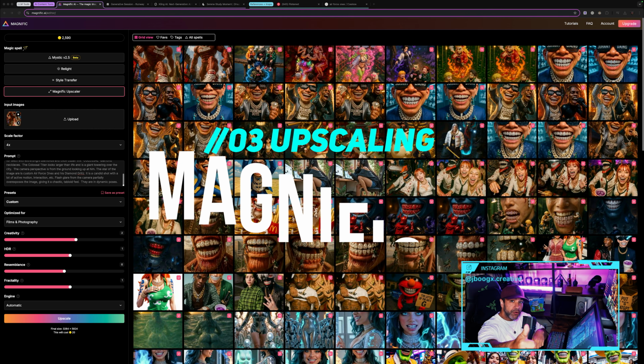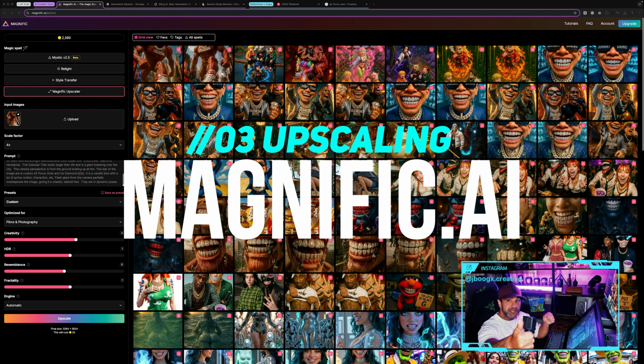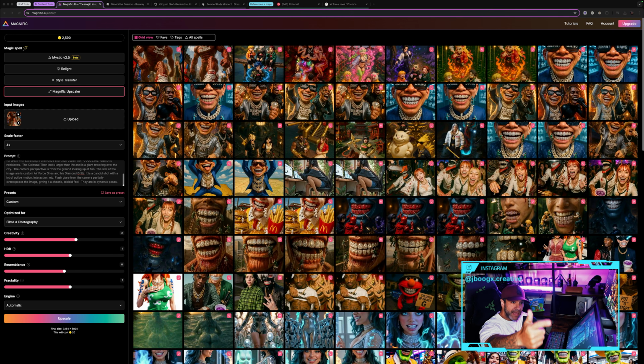We know where to go to get inspired and look for references. We know where to go to generate our images. Now, after we have a great image, before we animate it, we need to upscale it. Why? Because upscaling is going to add all the detail that will really come to life in the animation. Now, there are free ways you could do this through Comfy UI and through other means. My favorite image upscaler currently is